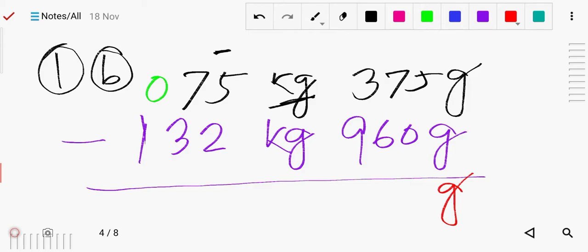In the question it is given, here I have made a mistake. It is actually 357, okay? Here is 5 and 7. 357, okay? Now 7 plus 0, 7. 6 plus 5, 11, carry 1. 9 plus 1, 10, plus 3, 13. So 13 will be there, okay? But this 13 we will not write, because we will write 3 digits for the gram, okay?